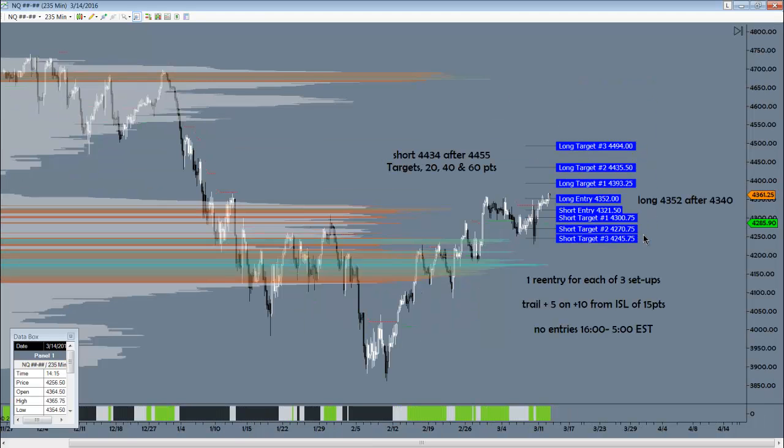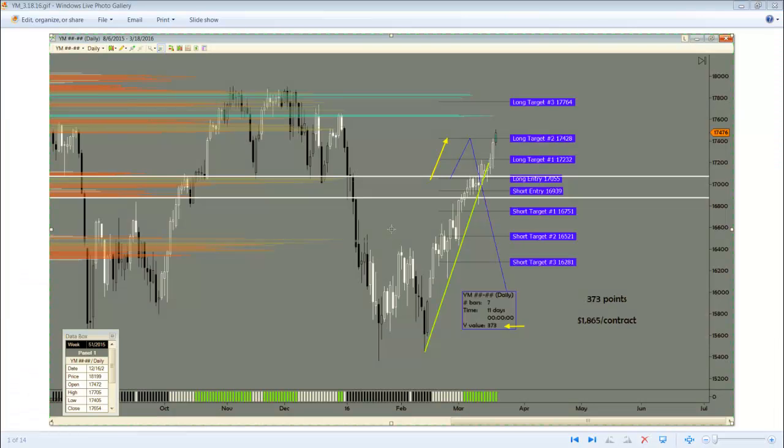The Nasdaq, for starters, where we are right now, we'll look to get long at 43.52 with these upside targets after 43.40. So we need to pull back about 20 points or so before we can get long. If we rally up into this,